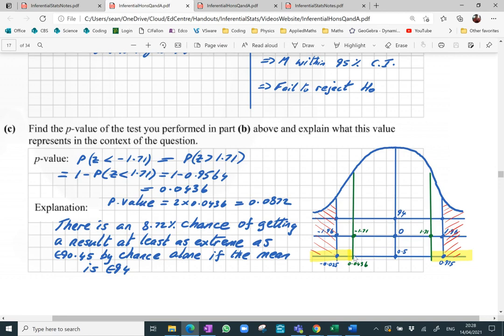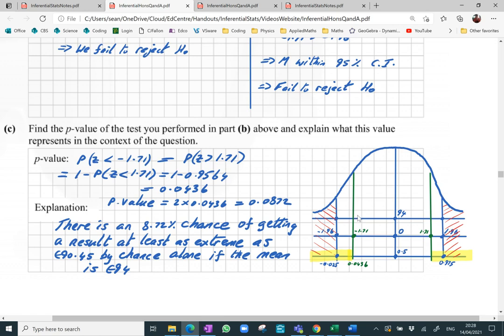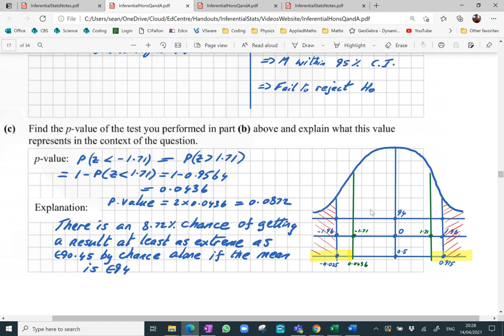We are down here. So this is how far out we are basically from the population mean. This is how extreme our answer is. And the word extreme is important here because if your answer is too extreme, that means you're in the red area. The red area is the total extreme you want to avoid. So the p-value is a way of telling you how extreme your result is really. And when my result is at this side, but it's not far enough to be in the red area, well,